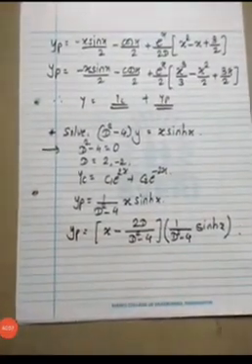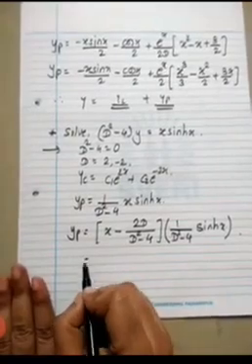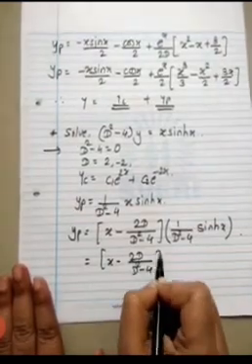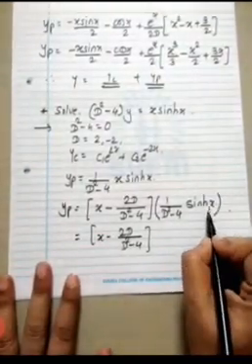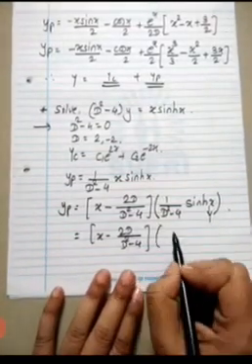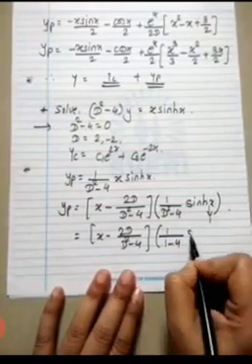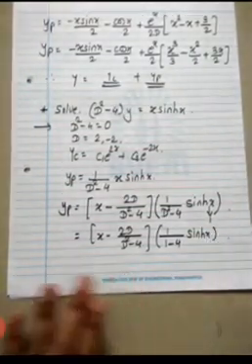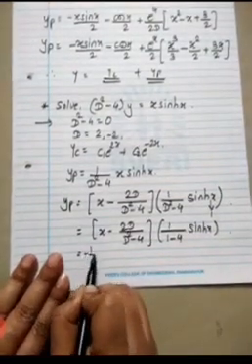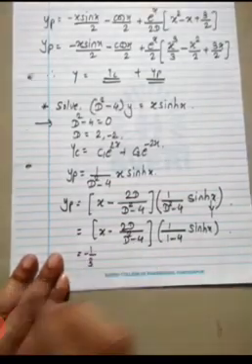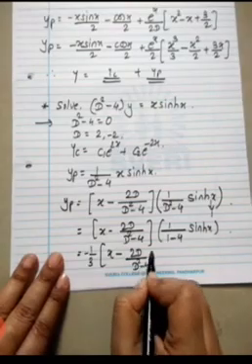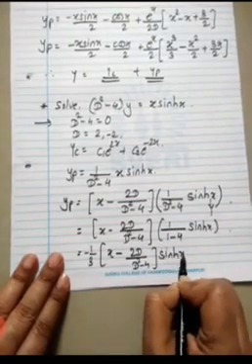We'll solve this. It is equal to x minus 2D upon D square minus 4. Here D square will get replaced by what? 1. Very good. So it is 1 upon 1 minus 4 sinh x. So this is minus 3. We can take it out, so minus 1 upon 3. This minus 3 we have taken out. So x minus 2D upon D square minus 4 into sinh x.